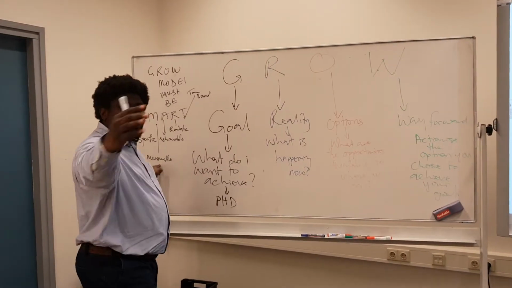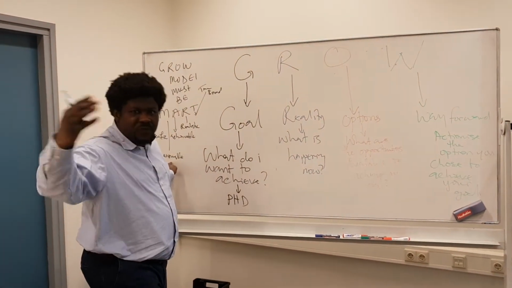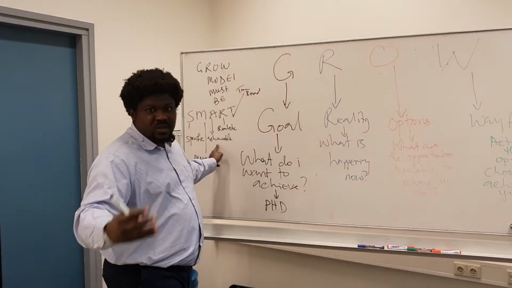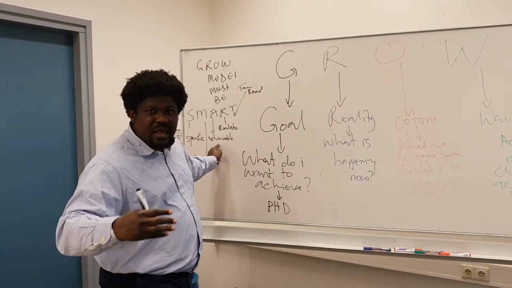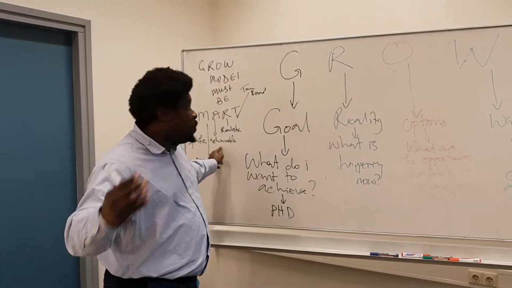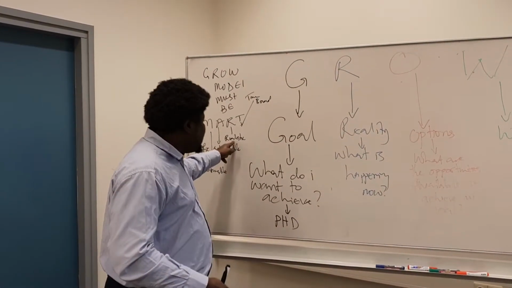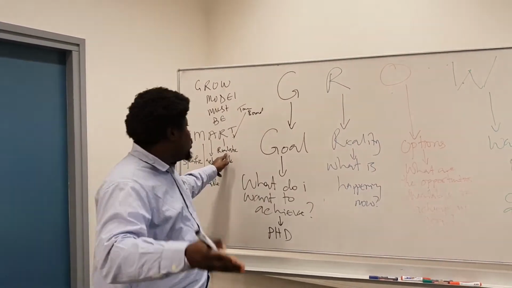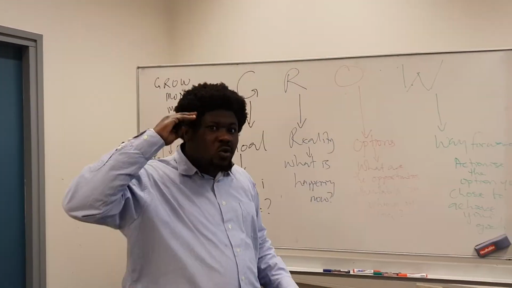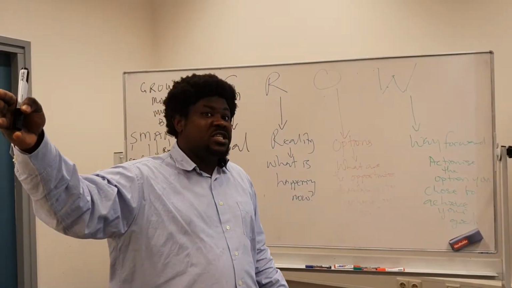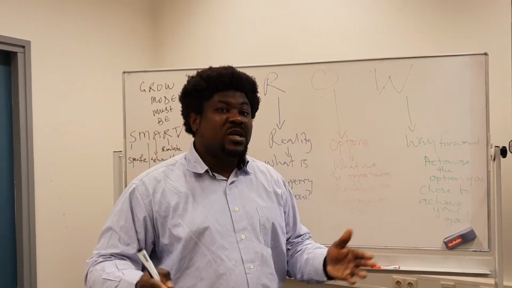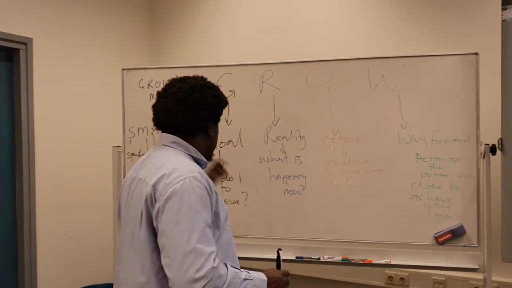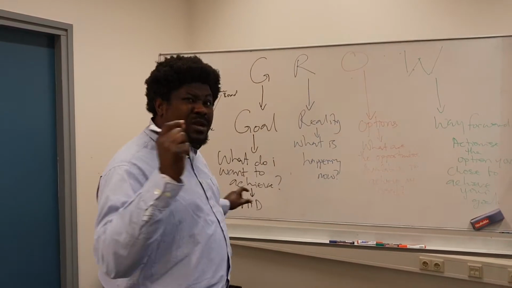Measurable, it's 5 years. So we can check if Victor is going near his dreams or not. It's achievable because Victor already has a master's degree, and the master's degree is the prerequisite to a PhD degree. It's realistic because Victor has the relevant qualifications to apply, and time bound, Victor knows when he wants to achieve. He already says 2024 or the summer of 2025. So that's how to set smart goals. You must put a time to it.